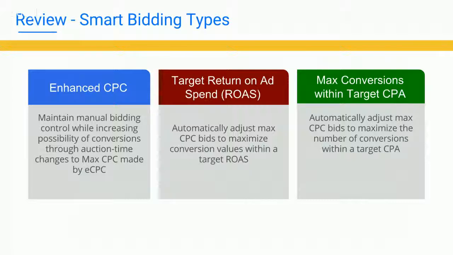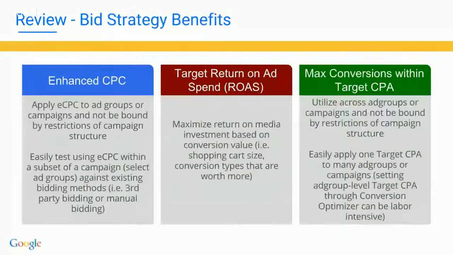The last bid strategy that we discussed was the target CPA strategy. Again, that's the one where you put in a target cost per acquisition, in terms of a dollar value, and then the system will adjust your bids up and down to reach that target cost per acquisition. So if you have a $50 target CPA, the system can lower or raise your current bids so that you're most effectively reaching that target. And again, these are all going to be long-term bid strategies.